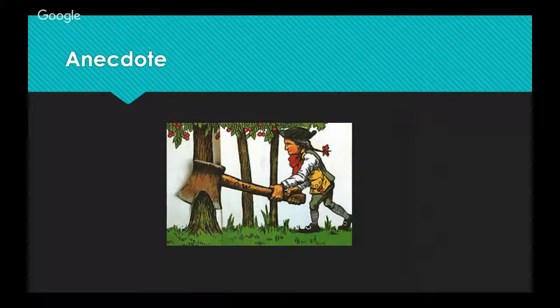So an anecdote is a type of didactic literature, again, because didactic is an umbrella term. And an anecdote is simply a brief story. It focuses on a single revealing event. Sometimes anecdotes are taken from the life of a real person. I just think about the fact that you tell anecdotes every single day.